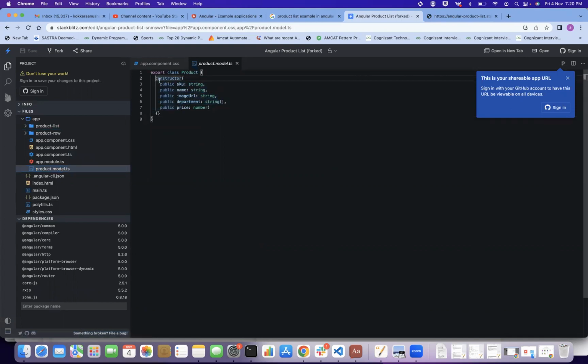So they are using some constructor, okay? They have given export class Product and they have given it a constructor. What are the keys that are present in this constructor? SKU, name, image URL, department, and price. Okay, suppose if you want to create a new product, since it is a class, you will